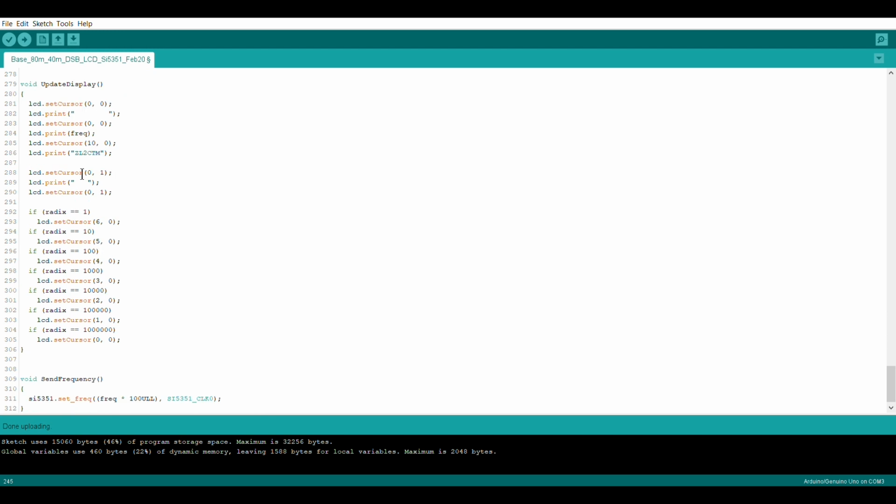So the first one is update display. You can do whatever you like here. The world's your oyster in terms of the display. I've kept it very, very simple. For a start, I'm just setting the cursor on the first row in the first column position. What I'm doing first is erasing the old frequency by writing a whole series of blanks, repositioning the cursor back to the start of the line, and then writing the